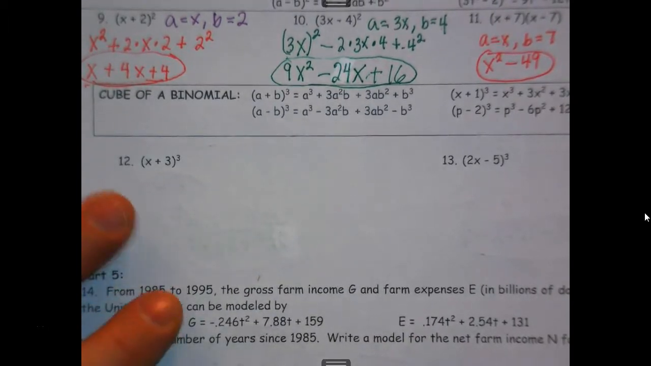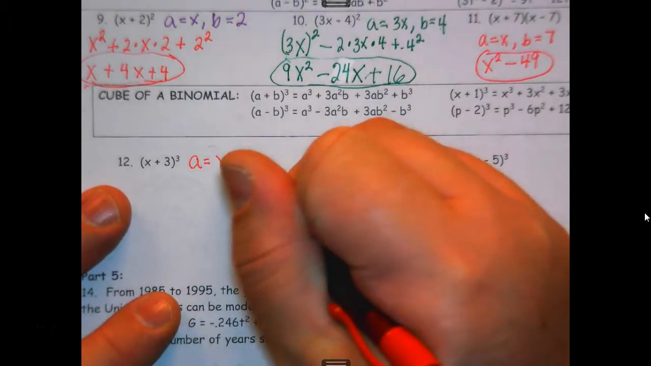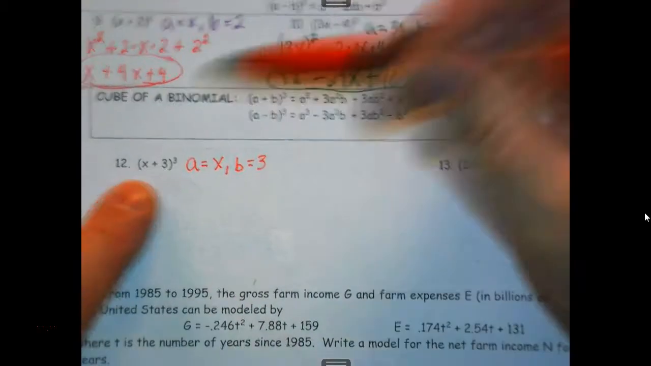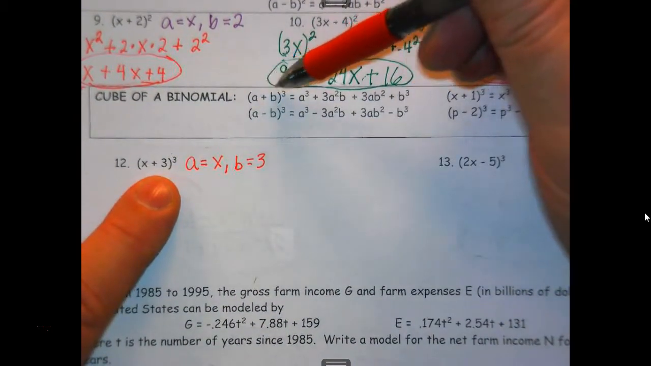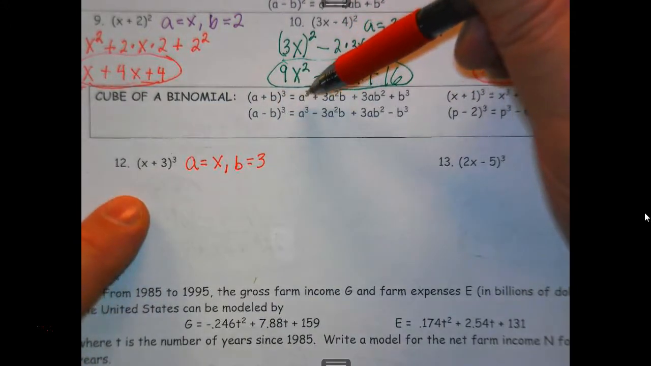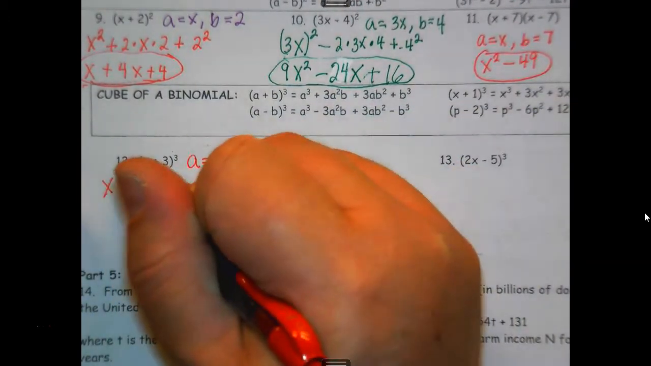Okay, number 12. What's my A? X. What's my B? 3. Okay, this is x plus 3, the quantity cubed. So I'm going to use this top one here. So my first term, A cubed. My A is x cubed